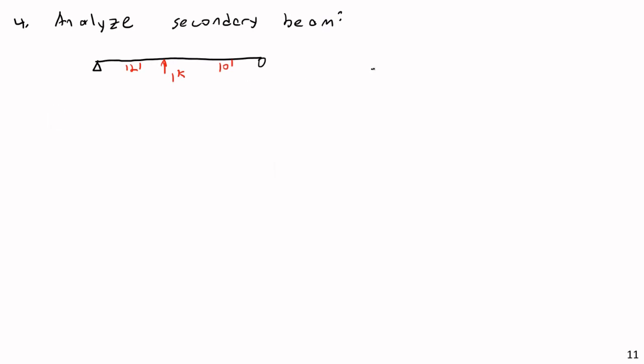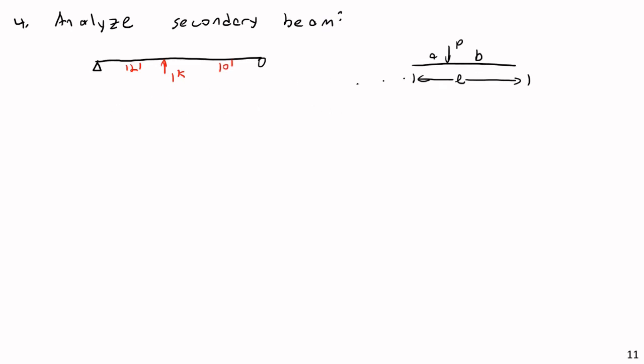Now, I found something in a table. The form I found was for a place where you were dealing with a point load somewhere other than the center, some point load P here, and you wanted to know the deflection at that point. The equation in the steel manual uses variables a and b, where a is the distance from the left end, b is the distance from the right end, and length L is the overall length of the beam. So the formula I have, which I'll write here,